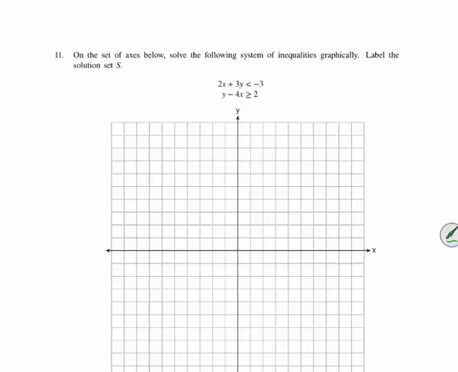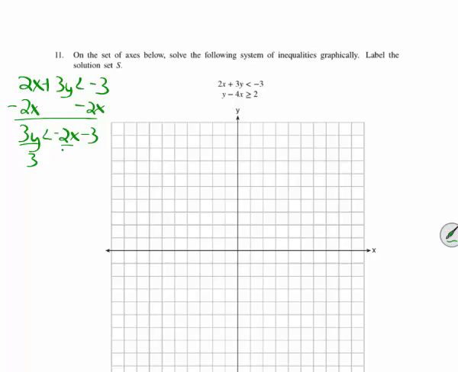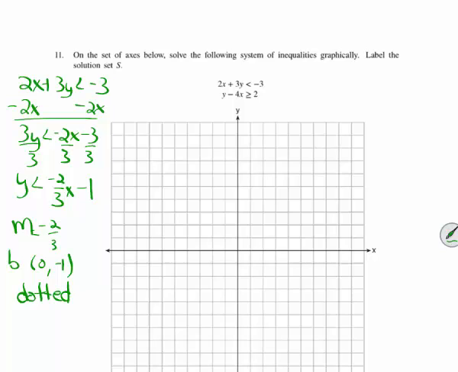So I'm going to do the 2x plus 3y over here. So I have to get y by itself, so I'm going to subtract 2x. Divide everything by 3. So y is less than or equal to -2/3 x minus 1. Slope is -2/3. Y-intercept is 0, -1, and this is going to be a dotted line. So I start over here, 0, -1. I'm going down 2 over 3. I'm reversing it. Okay, and when I connect them,